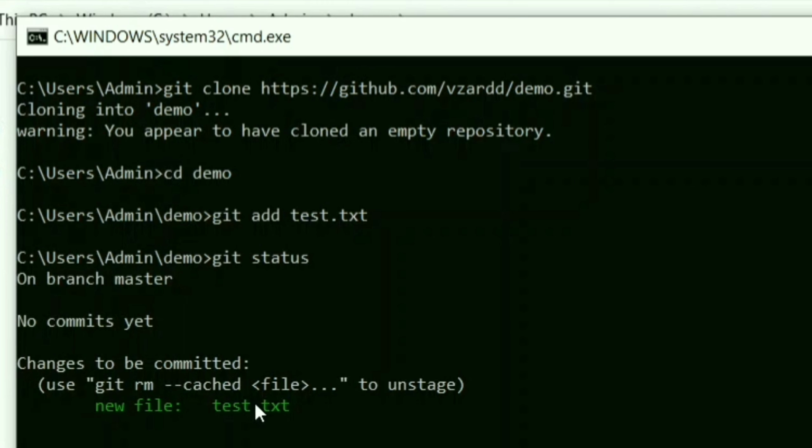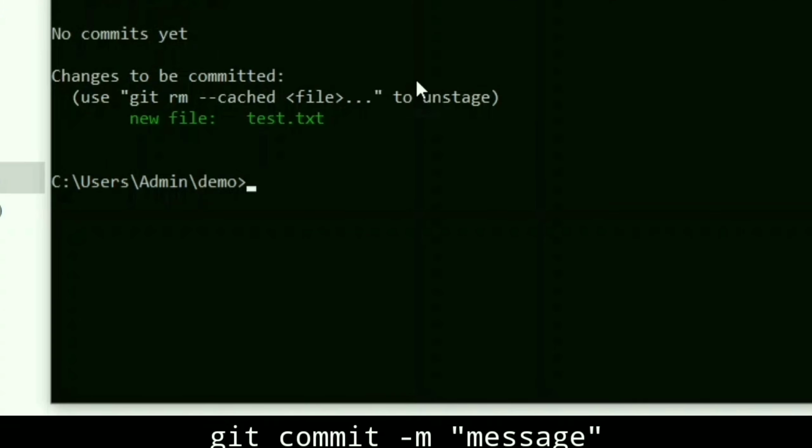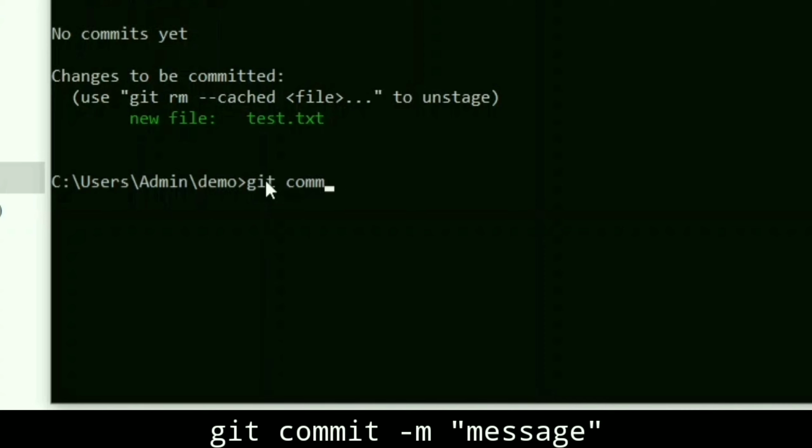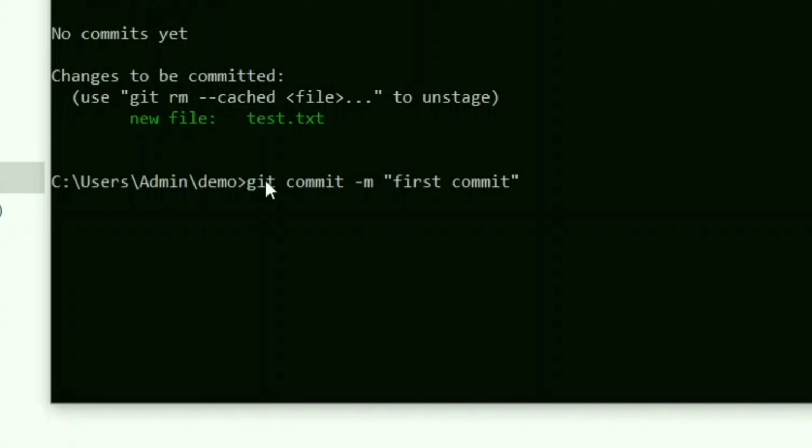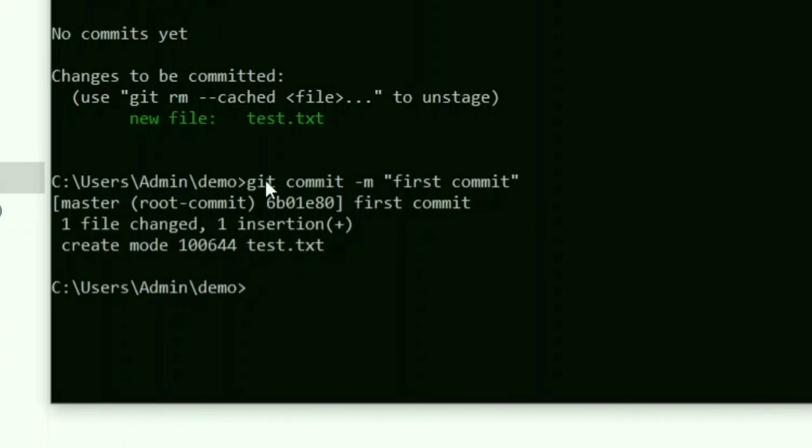The changes we made are not saved to Git yet. Git add command just adds the file to Git but does not save it. To save the file, we need to use another command, git commit. Type in the command git commit -m first commit. -m is nothing but you can use it to give a short description about the changes made so that when you look back after some days, you will get an idea about what it is for, and commit simply saves the file. You can see that here it is showing the changes made to the project.